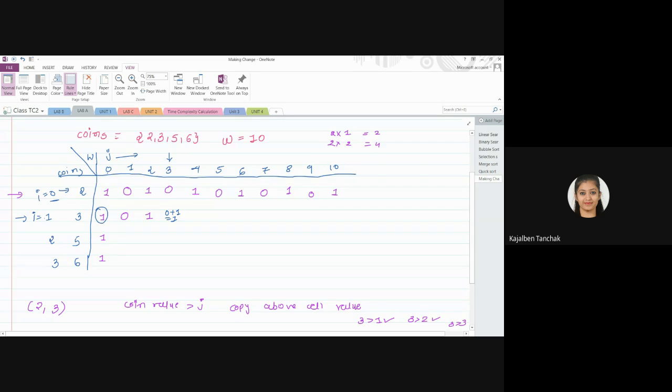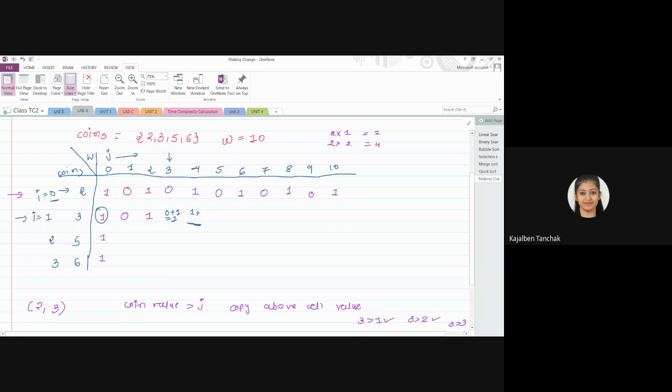Simply, as per the formula, copy the above cell value. I want to fill 1 comma 4. What is the above cell value? 1 plus, 4 minus 3. 4 minus 3 is 1.